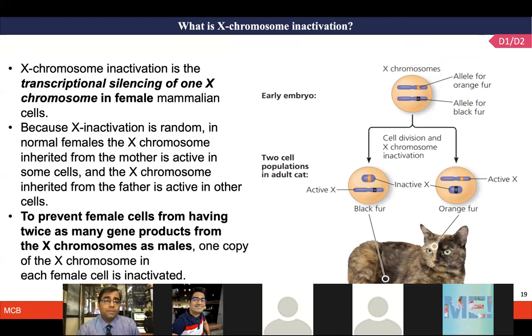So there is going to be some transcriptional silencing of one set of X chromosome in the female mammalian cell, and that is what is termed here as X chromosome inactivation. And again, the concept is quite detailed, when you have to really understand how the XX and XY chromosomes are moving in male and female. In female, with the X copies, one coming from father, one from mother, they are going to duplicate some of these copies of these genes, and therefore one copy of the X chromosome in each female cell is also inactivated, shown here with this particular cat example of the fur, which we have talked about in the CC cat example.